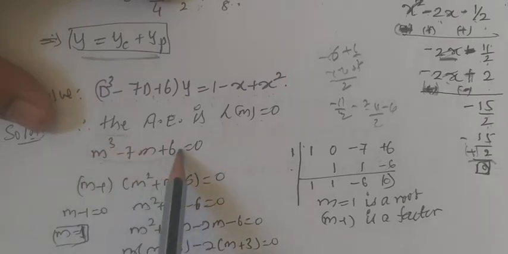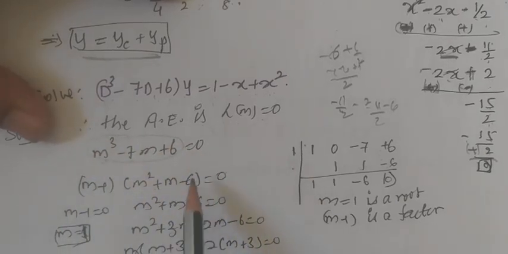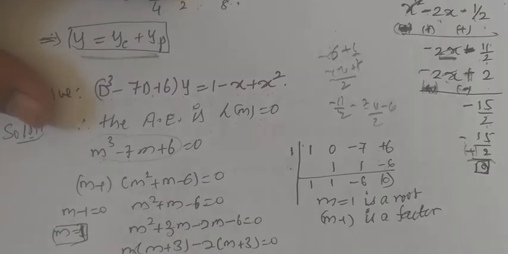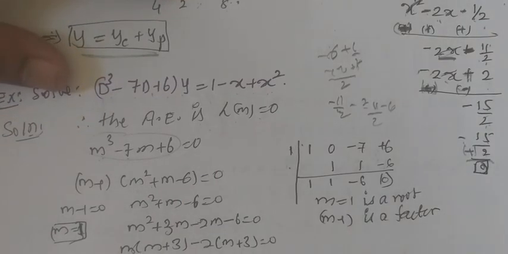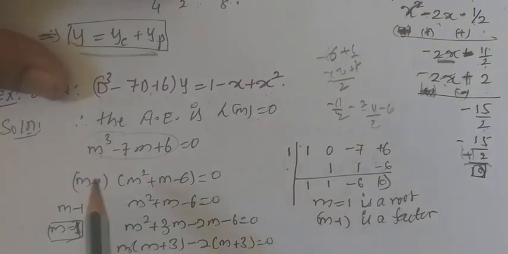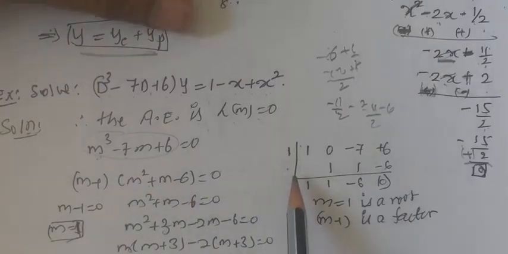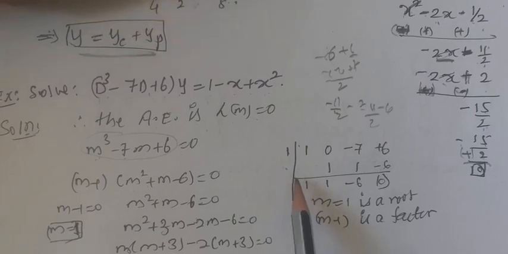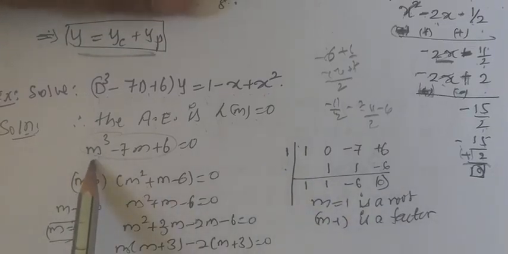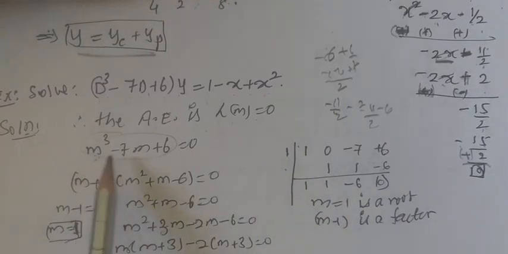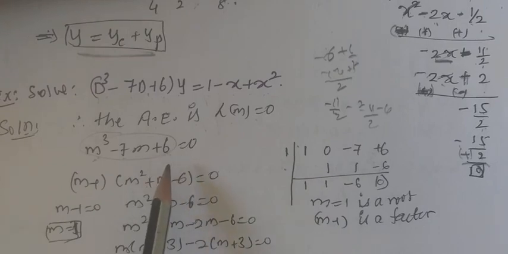Now you observe this is a cubic equation, so we cannot get the roots directly by using the quadratic equation formula, or we cannot factorize it directly. So what we have to do is use the synthetic division method, or we can call that the inspection method. Inspection method means put some arbitrary values of m here. If you get LHS equal to RHS, then it becomes one of the roots.